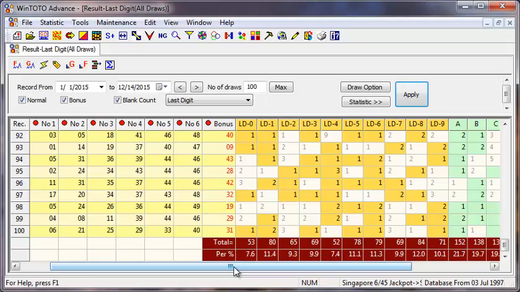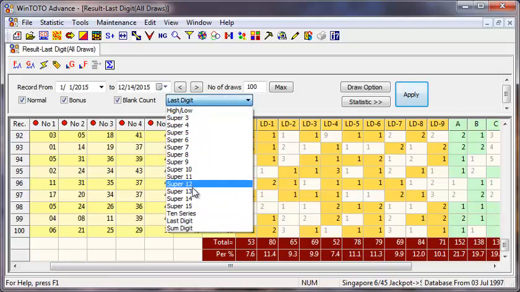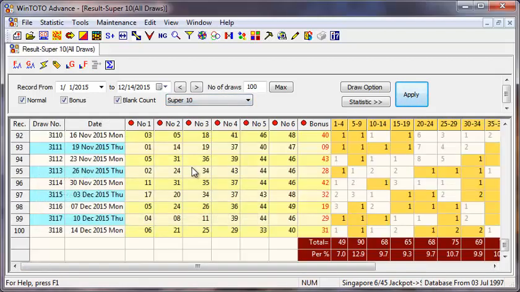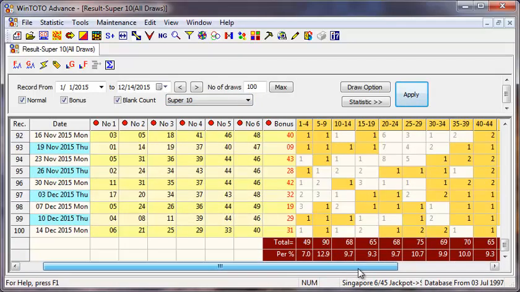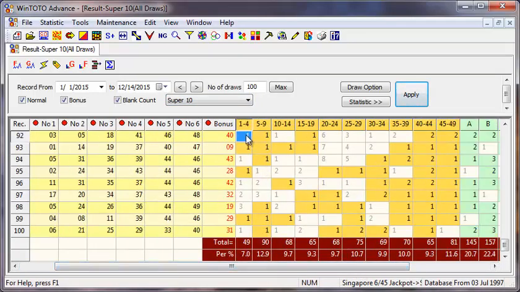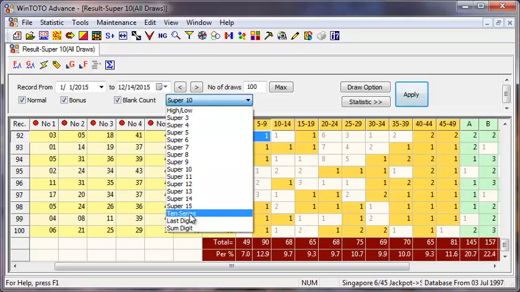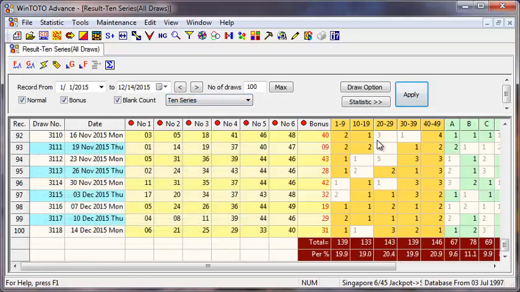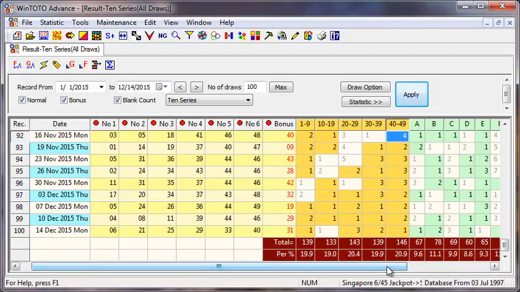Because as we know, right, in Singapore, our total numbers consist of how many numbers? 49 numbers. It's really very tough for us to take a look at 49 numbers at one go. So it's always good to break it down to this thing called the 10 series. Alright, when you say a 10 series, referring that you're actually breaking down into a group of 9 numbers. Altogether there are 5 groups of them. Each group itself has got what we call a series of 9 numbers.